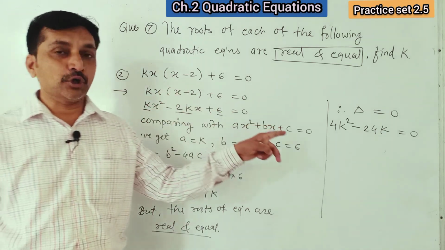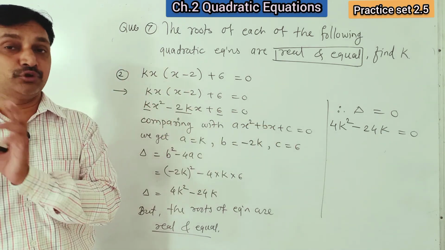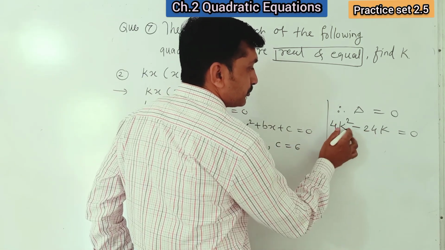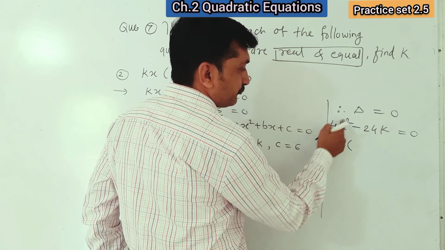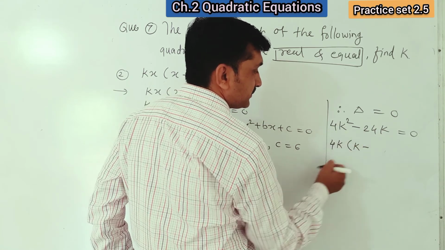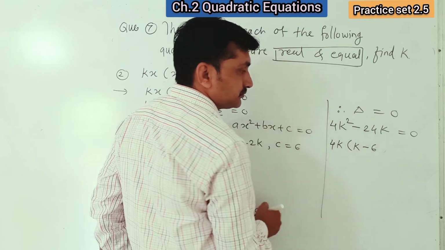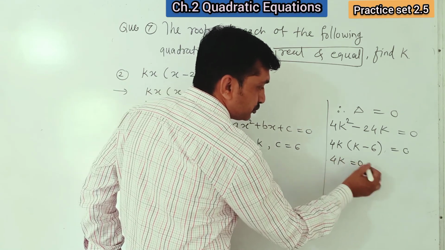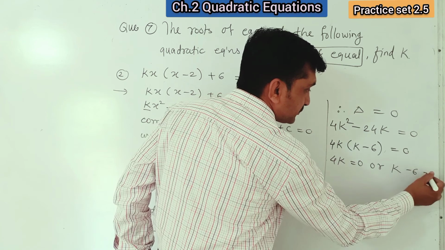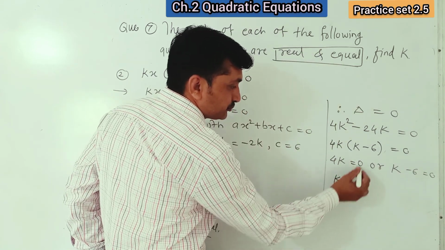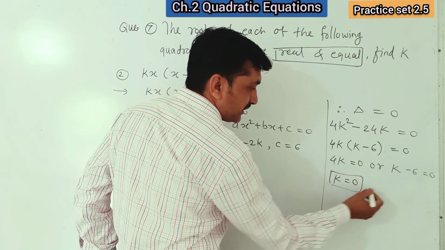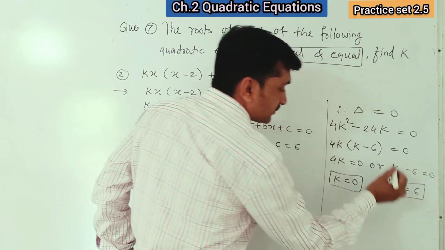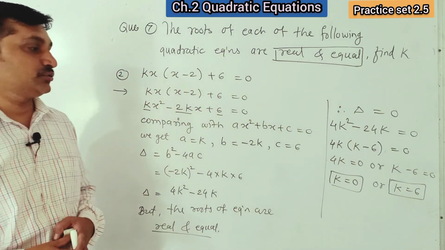Now again it is quadratic, a binomial, so take common out. If not common, use the difference formula. Can we take common? 4 and 24, 4 is common, and from k square and k, k is common. From 4k square, 4k is out, k is in the bracket, minus 4 sixes are 24, k is outside, is equal to 0. Now separate: 4k is equal to 0 or k minus 6 is equal to 0. Last step, k is equal to 0 by 4, which is 0, the first value, or k is equal to 6. In this way we got two values of k, 0 and 6.